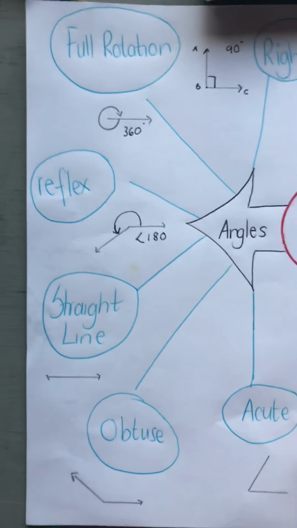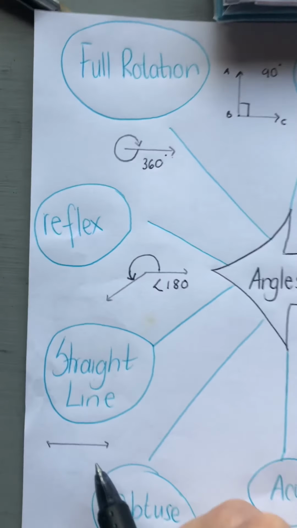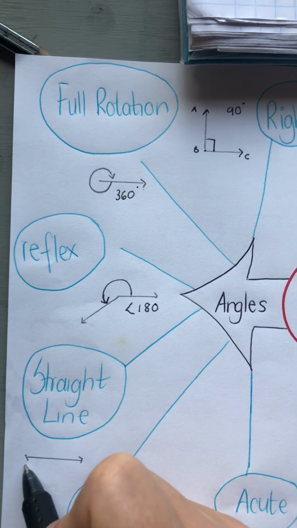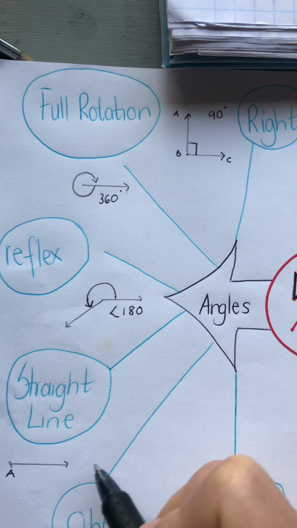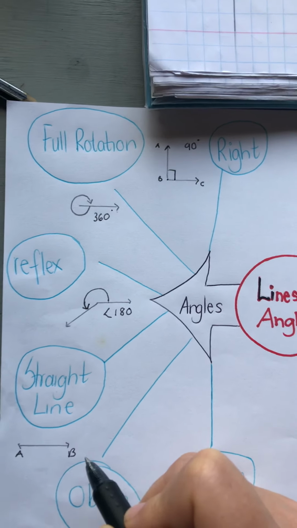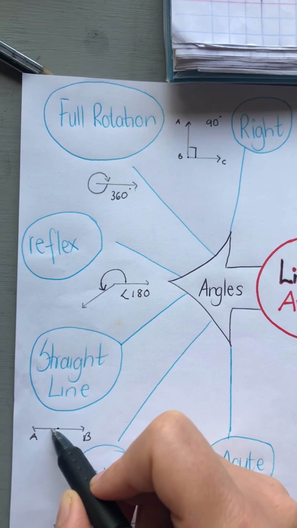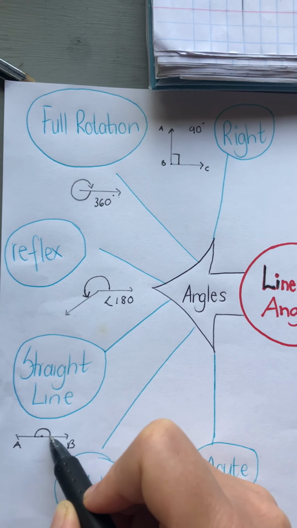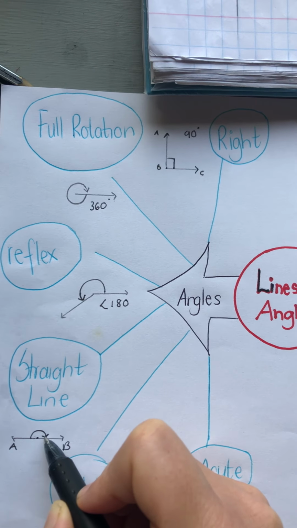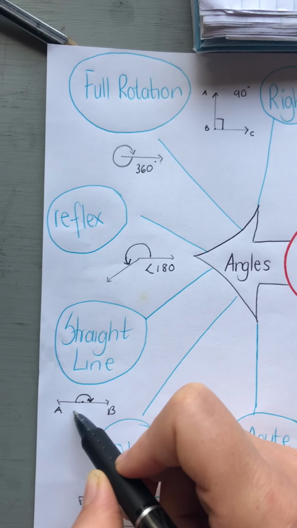Right, then we have a straight line. And a straight line, you can see I've also done my little, I'm going to call it line AB. Okay, and a straight line is exactly that. It's a straight line, and it sits, and it's going to make 180 degrees. So we know every straight line is always going to be 180